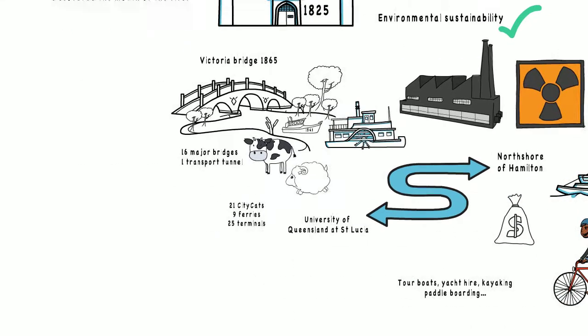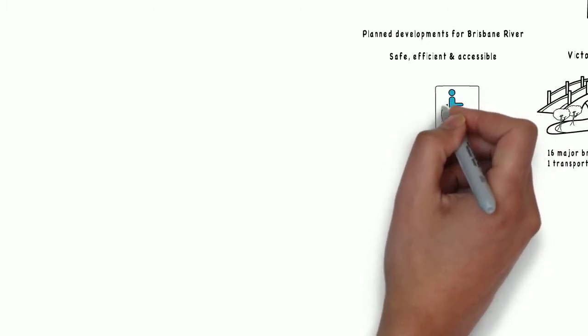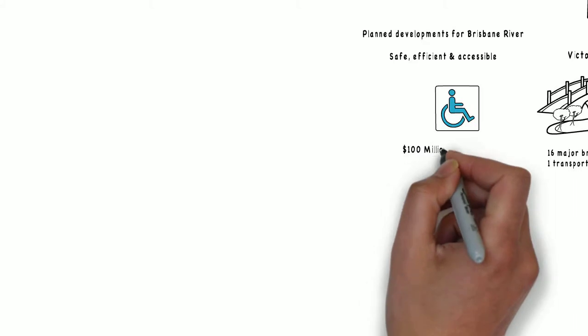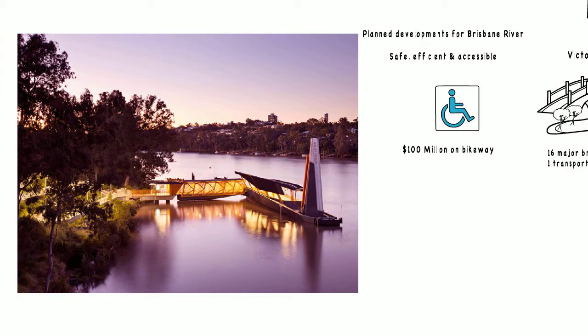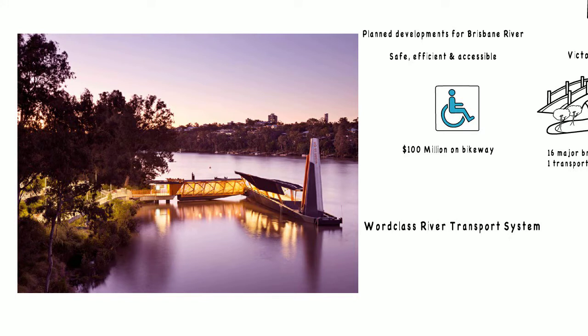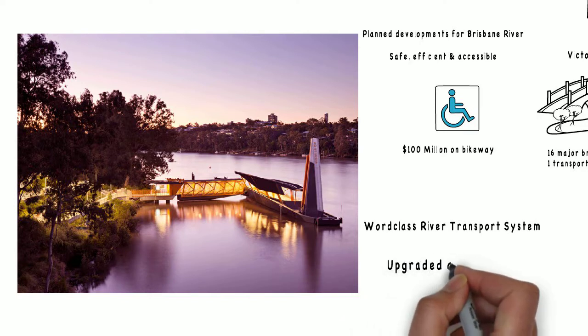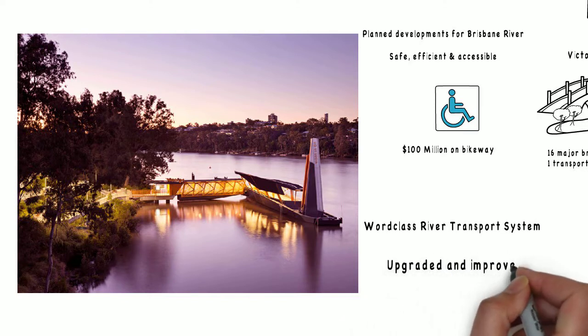In the future, the Brisbane City Council is committed to providing safe, efficient and accessible transport on the river and across the city as a whole. Already, there's been $100 million allocated to the expansion of the existing bikeways. On the river, the city cats and ferries are in line for an upgrade to become a world-class river transport system. The fleet will be expanded, and the terminals are going to be upgraded to provide improved minimum levels of